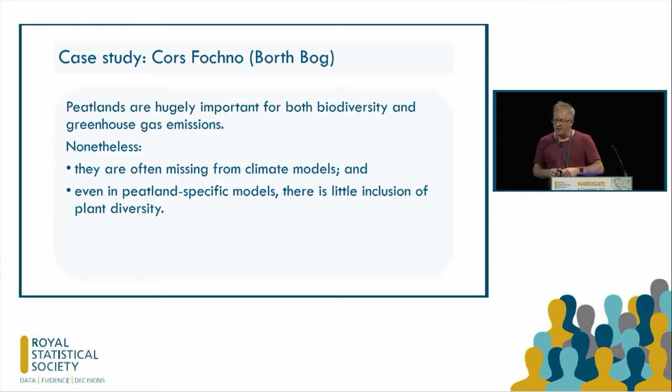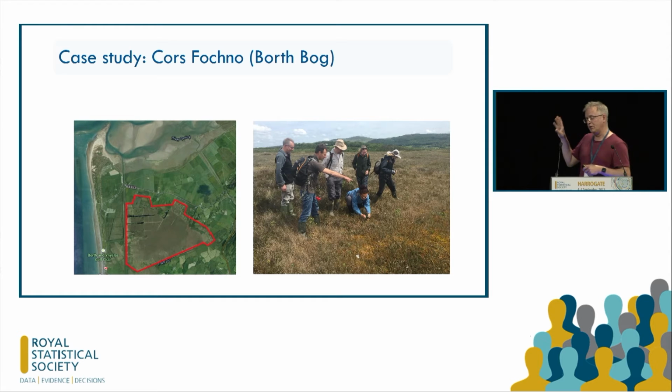So this peat bog that I was talking about, called Fotno, it's one of the best preserved peat bogs in Wales. It's just on the west coast of Wales, in mid-Wales. And when you look at peatland models, they're often missing from large-scale climate models even though they consume a lot of carbon, they capture a lot of carbon. And the peatland-specific models, they often don't have much about plant diversity. They're really looking more at, is it capturing carbon? Because that's obviously a very important feature of peat bogs. So our model does capture both of those aspects,